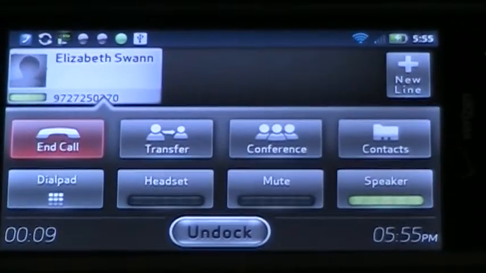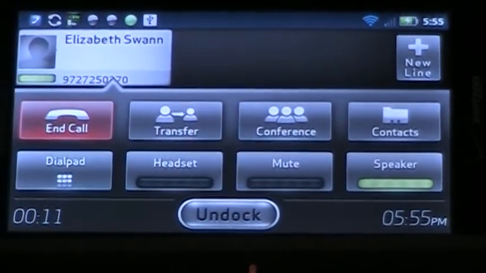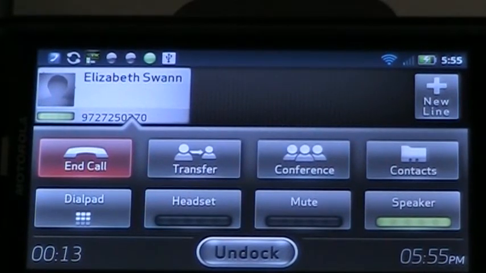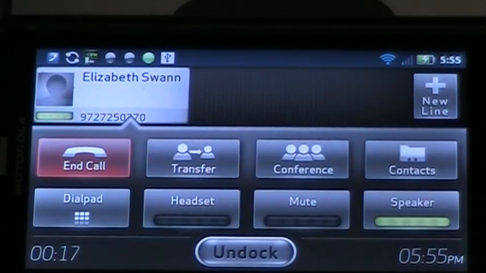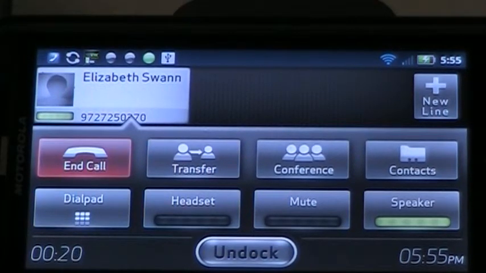We've got some nice features up there, like name display. This comes right from the LDAP integration. We have end call, transfer, conference. If you remember the prior video and remember